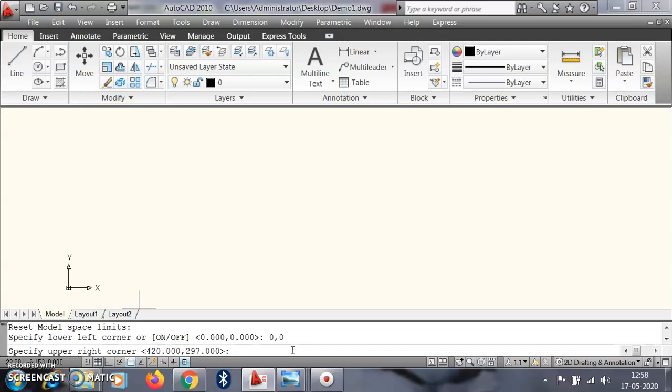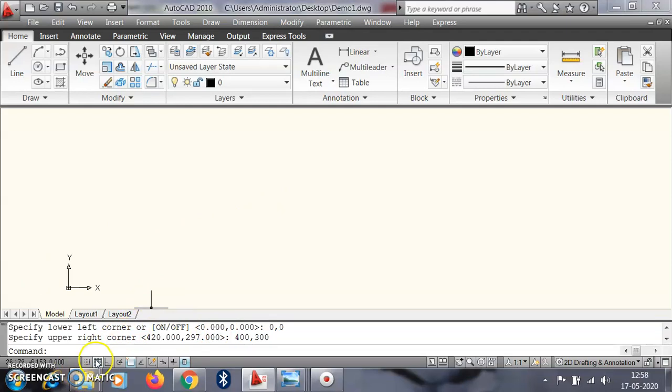The upper right corner depends on this one. Suppose this is the first corner, and at the upper side there will be the second corner. I will take that corner as 400 in the x direction and 300 in the y direction, and enter. So our limit is set here.